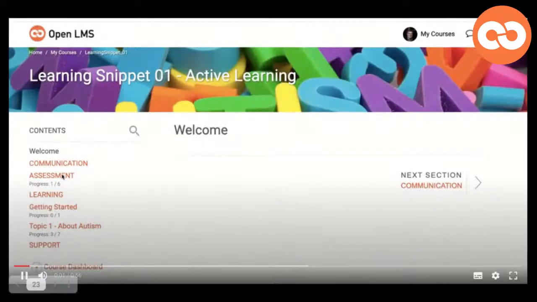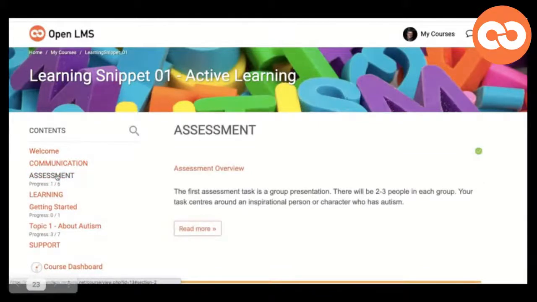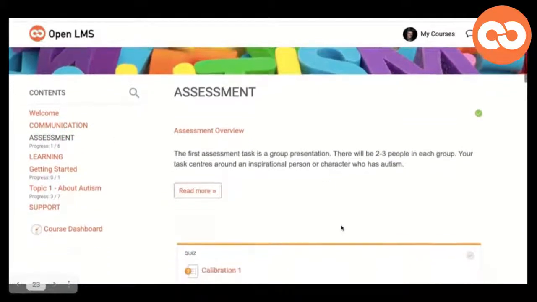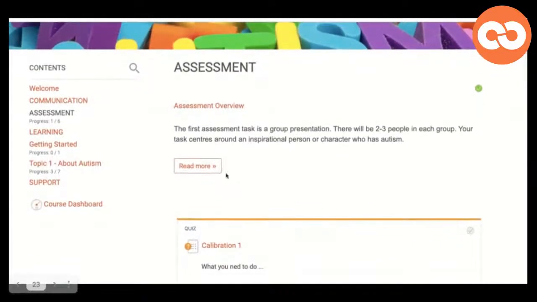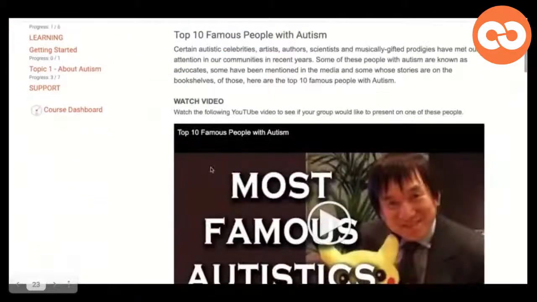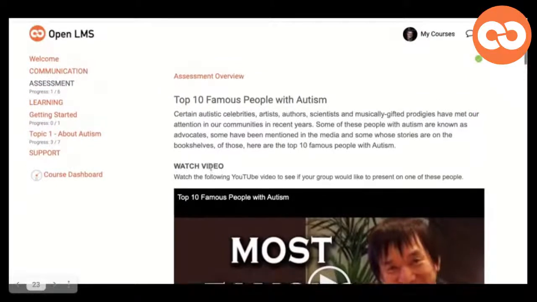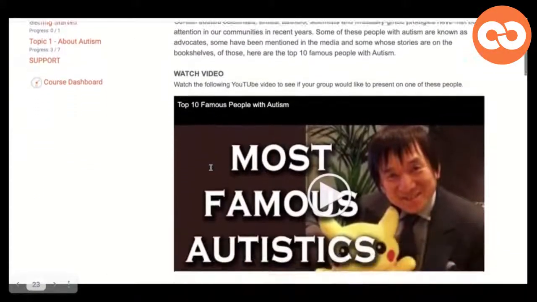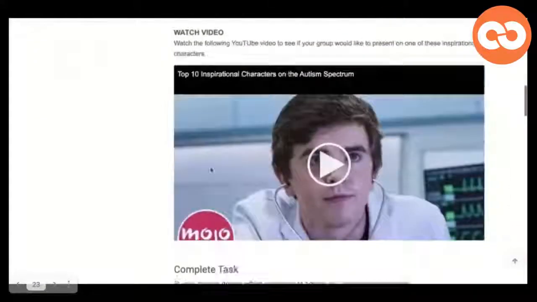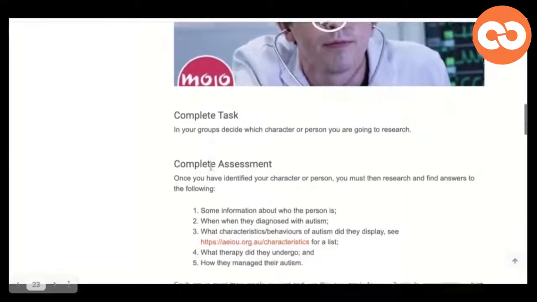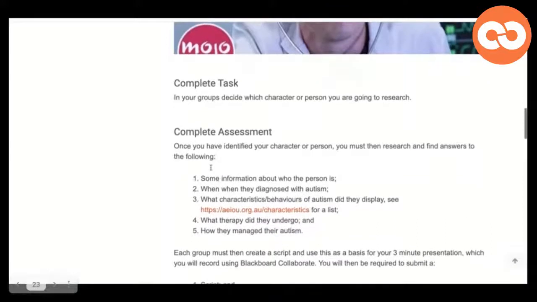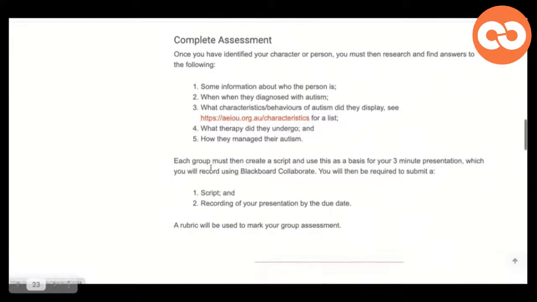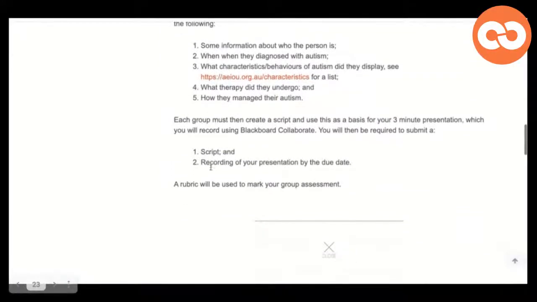So here, when we look at our course, one of the things that we can see on the side is it's very easy to see assessment. Students know where to go to get access to their assessment. Furthermore, when they read down the assessment, they get access to more specific information, almost step-by-step instructions about what students need to do, what choices they need to make around the assessment task, how they put the script together, and